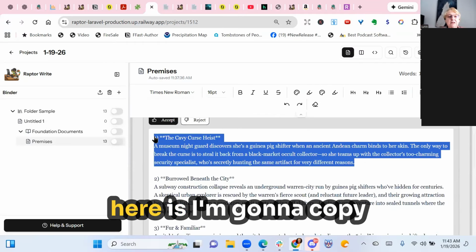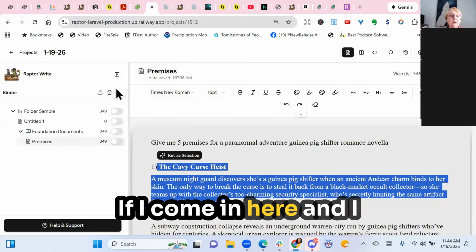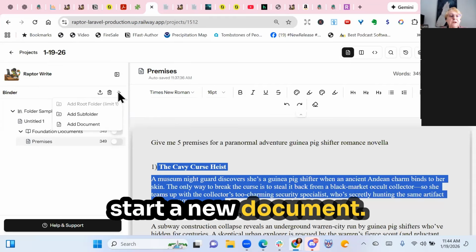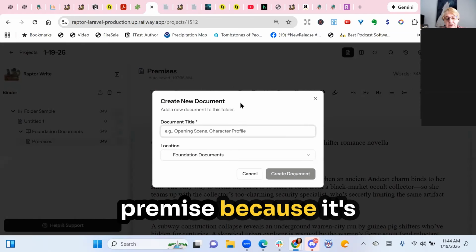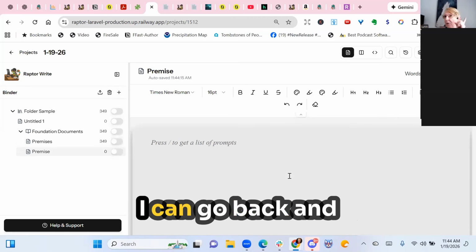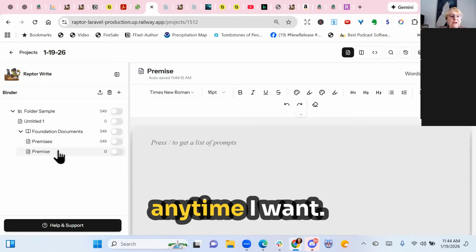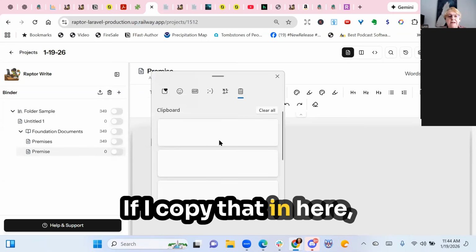So what I'm going to do here is copy the whole thing out. If I come in here and start a new document, I'm going to call this premise because it's only one and it's the one we're going to use. But I still have those others. I can go back and do the other books anytime I want. If I copy that in here,